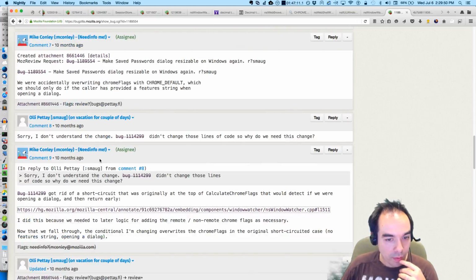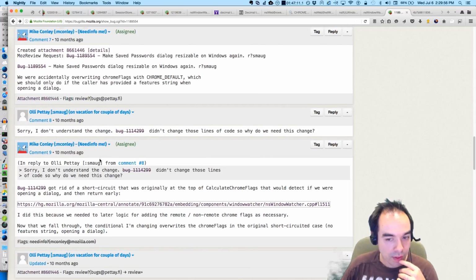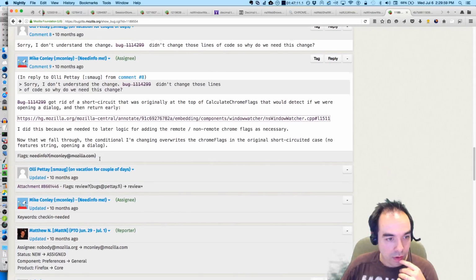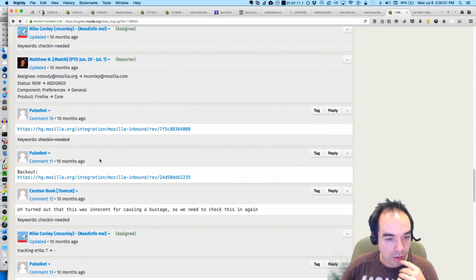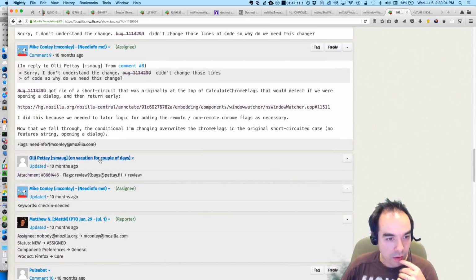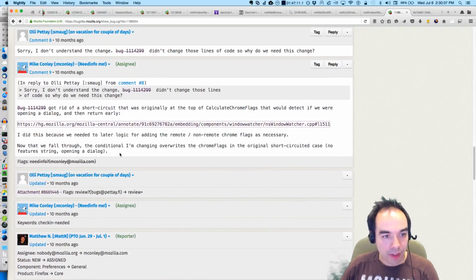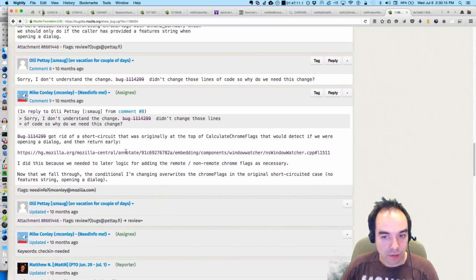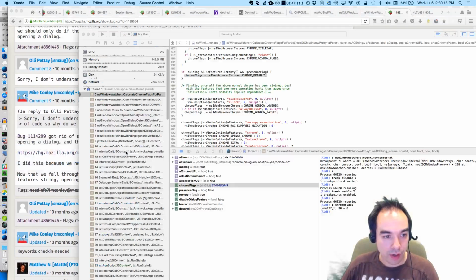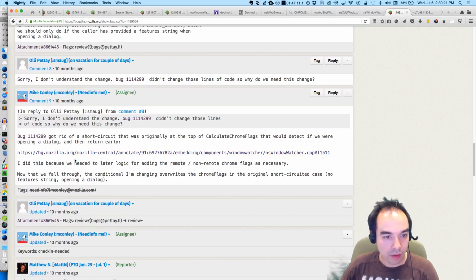The conditional I'm changing overwrites the Chrome flags in the original short-circuited case. No feature string opens a dialog.